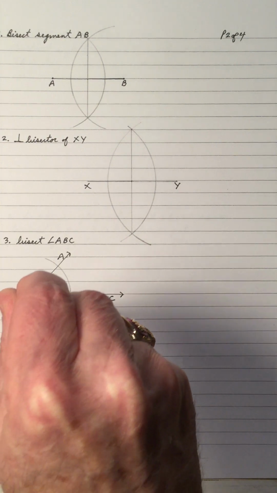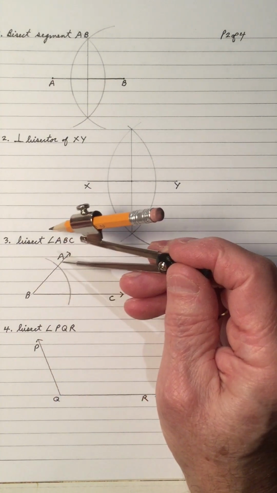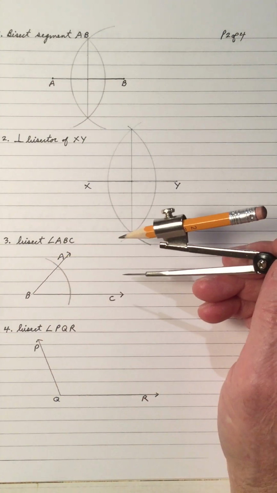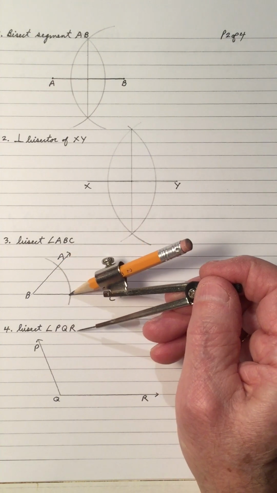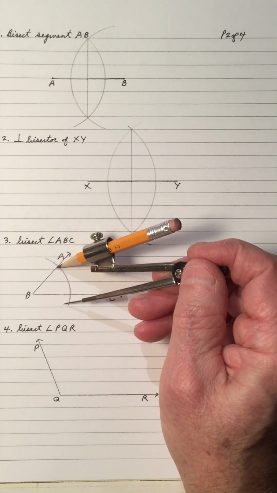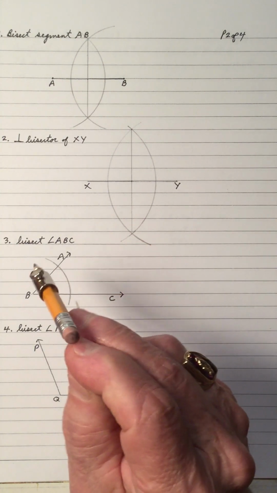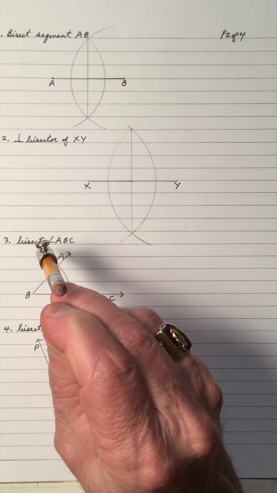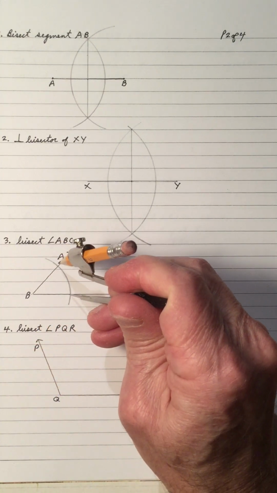So this arc cuts both rays right here and here. So this distance from here to here is the same as this distance from here to here. These two lengths are equal. So we take the compass and we make sure that from this point to this point right here, we make